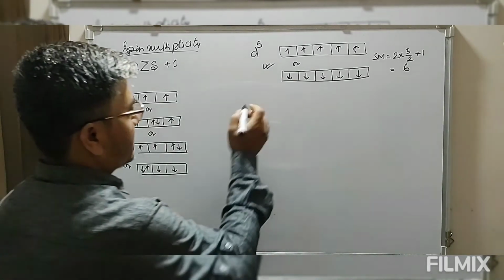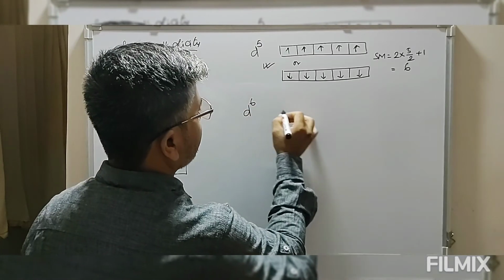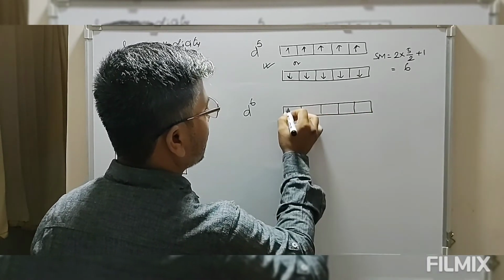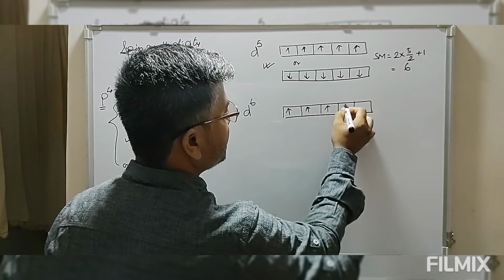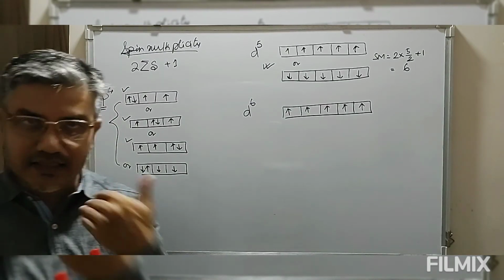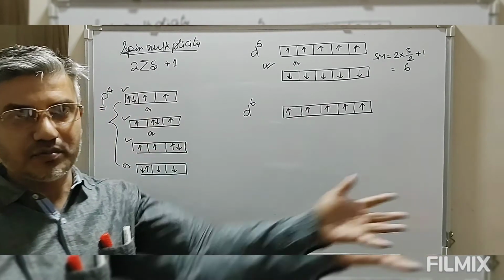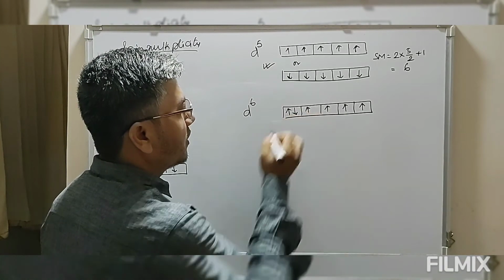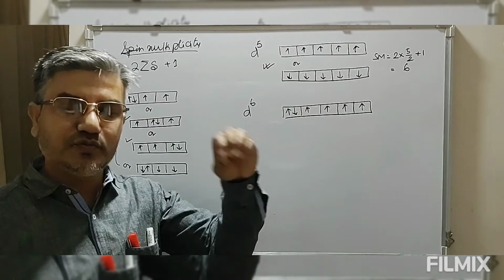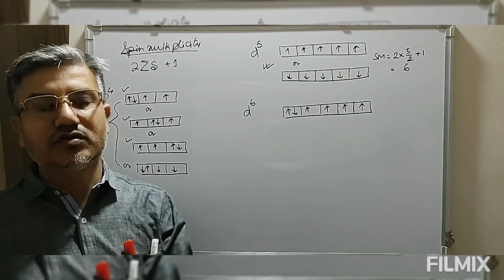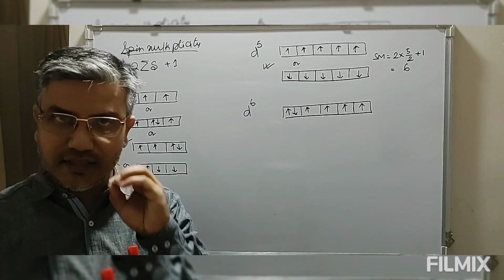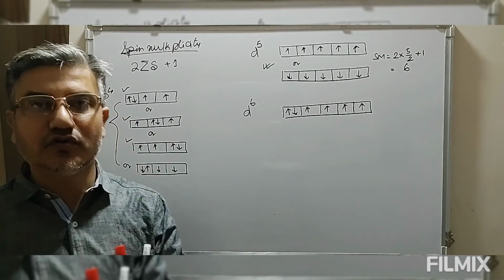But if I say d6, first all the 5 orbitals should be singly occupied with the same spin quantum number. Since all 5 orbitals are singly occupied, the 6th electron will undergo pairing in any of these orbitals. So this has to undergo pairing here. Pairing means these 2 electrons placed in the same orbital should have opposite spin, because all the electrons cannot have exactly identical values of all 4 quantum numbers.